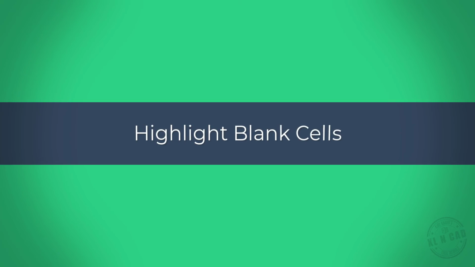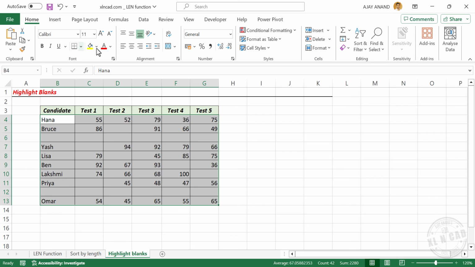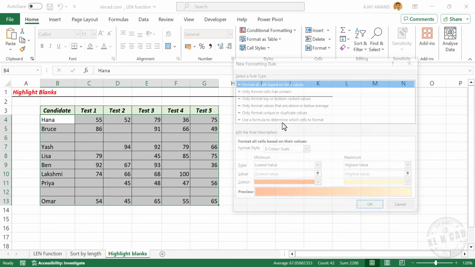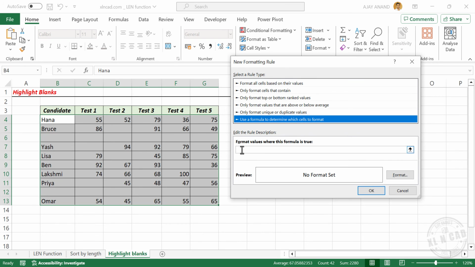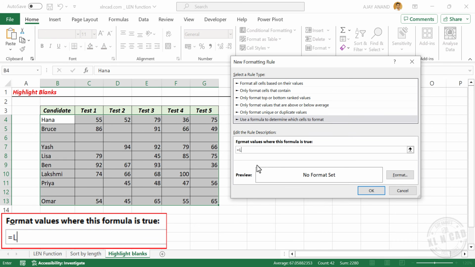One more example for the use of the LEN function. To highlight the blank cells in this data range, we'll select these cells. In the Home tab, Conditional Formatting, New Rule. Use a formula to determine which cells to format. In this input box, type in equal, LEN function, open parenthesis, address of the first cell in the selected data range, that is B4,